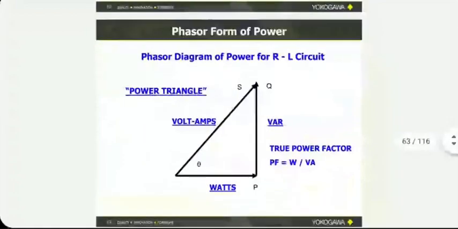Power, they are calling it phasor diagram. I call it power diagram or power triangle. P, Q, and S. P is on the horizontal axis, Q is on the vertical axis, and square root of P square plus Q square is S, magnitude of complex power, which is VA. Q is measured in VAR, P is measured in watts. I've said this again and again.